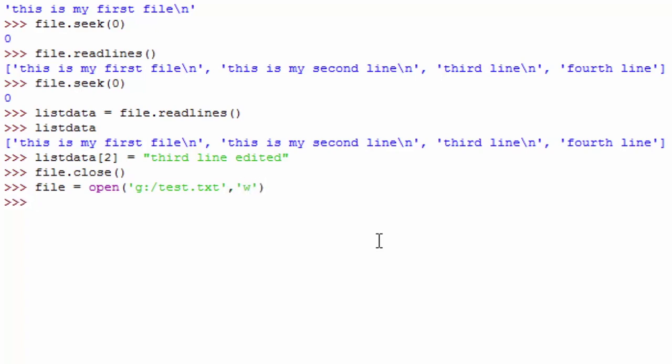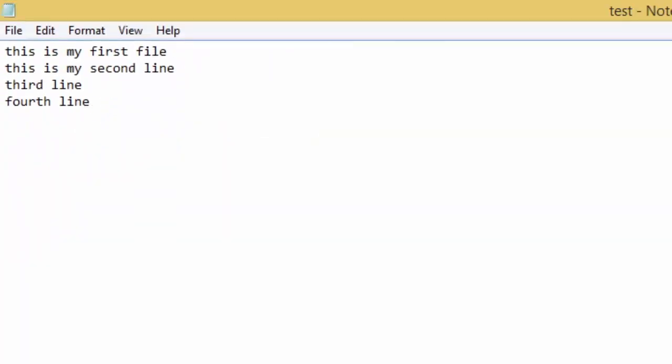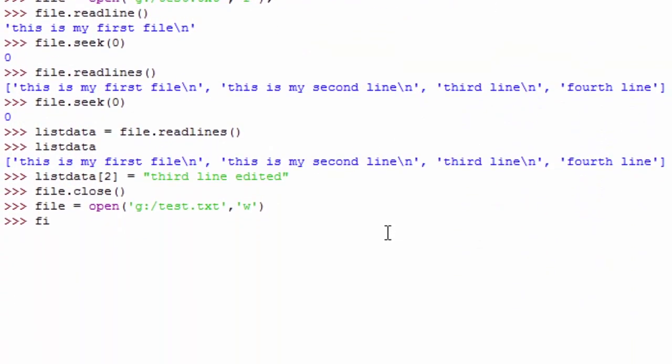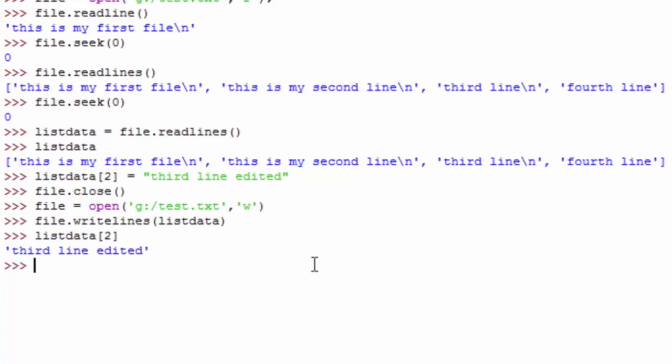So now you can write the lines back to the file. I'm gonna quickly close this file because it's using it from the Python shell. So file.writelines, and then you just pass the list as the parameter. So that's list_data. Now it's gonna write all the contents that was in the list_data to the file. Now remember, in the list_data, the third element didn't have a \n, so the fourth line and the third line will be concatenated,